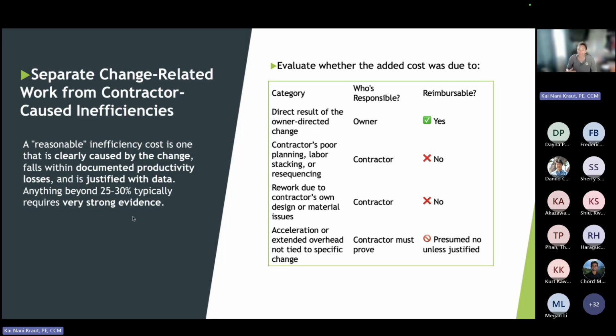But if we have to analyze the delay afterwards, what is fair and reasonable? So here is just a little matrix of whether the cost that was added is our responsibility. So if it's a direct result, yes. If it's the contractor's poor planning, labor stacking, resequencing, meaning, and I don't know if Marshall's on, but we just